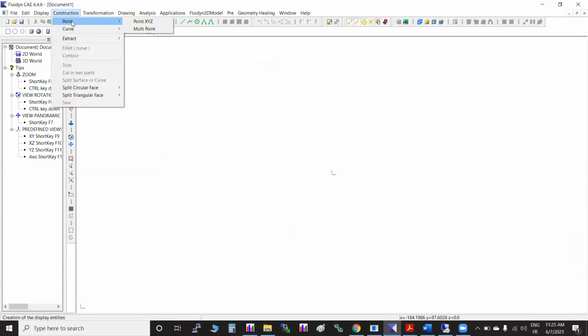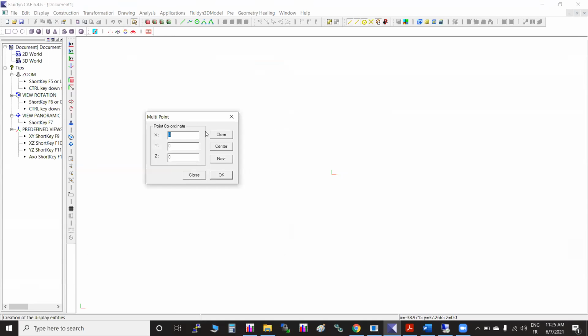Now let us start. This is the sketching part in multi-point. First point, let us say, starts from the origin, and let me create it quickly. Once I create it, I'll let you know which stands where.